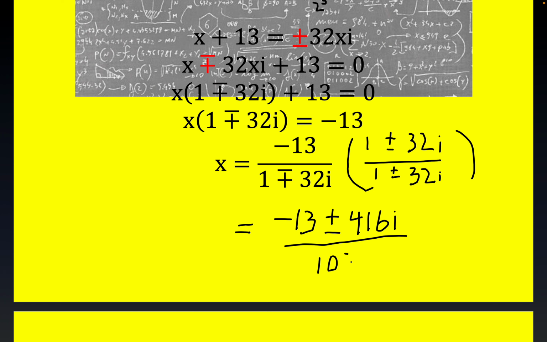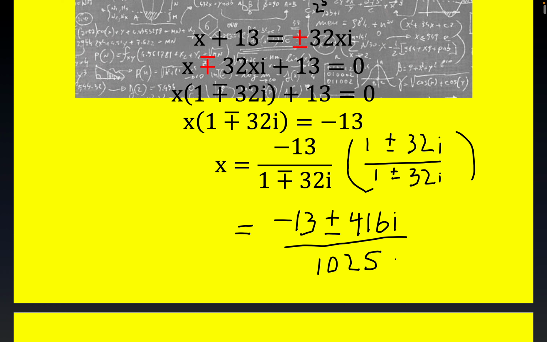Now, you may be asking, well, how did you get that? Notice that the reason why this number comes out just to be an integer, a pure real number, is that if you have this form a plus bi, where i is the imaginary unit, i is defined to be the square root of -1, i squared is equal to -1. But if you have a plus bi times a minus bi,